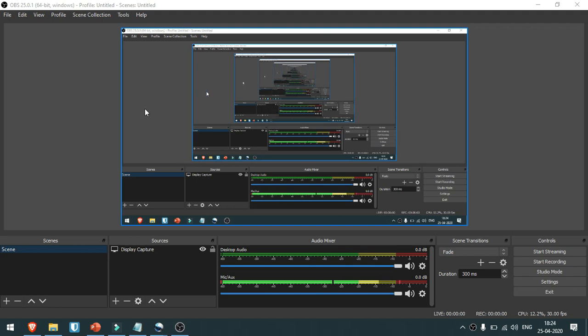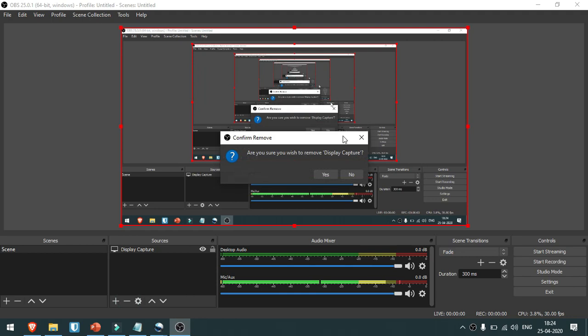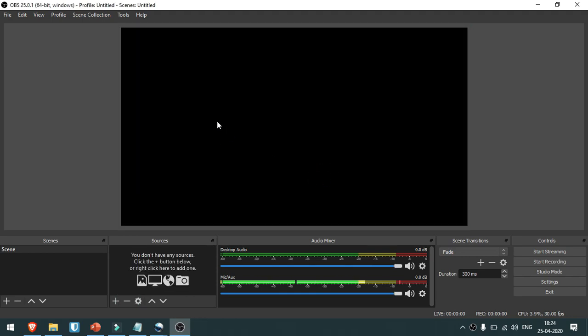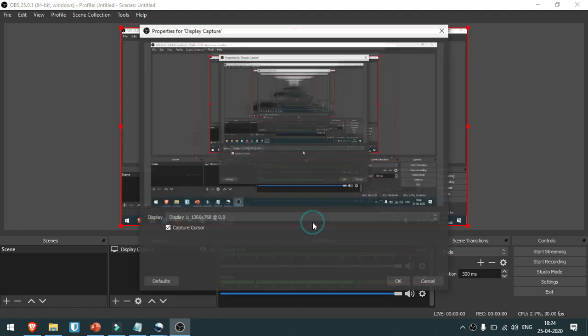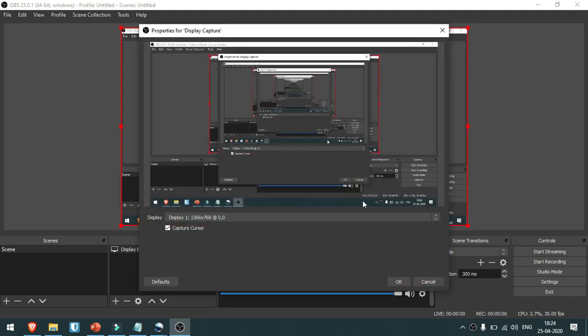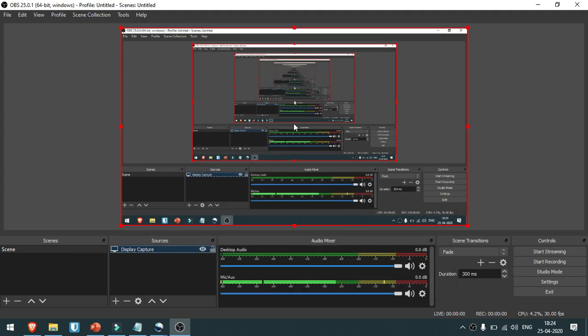It looks a little strange because you have this screen. First of all, you wouldn't be seeing this. I've already set it up before, so this is what you'd be faced with at the beginning. So it will be completely blank. If you're on a laptop, it will show this as recording, so your audio is already being recorded, so that's a good thing. You don't have to set up the audio, but you do have to set up the video. Here you'll have to go to display capture, because you're capturing the display of your screen, and it'll show you a preview, and you say yes, this is what I want. Okay, so now it'll show you this.